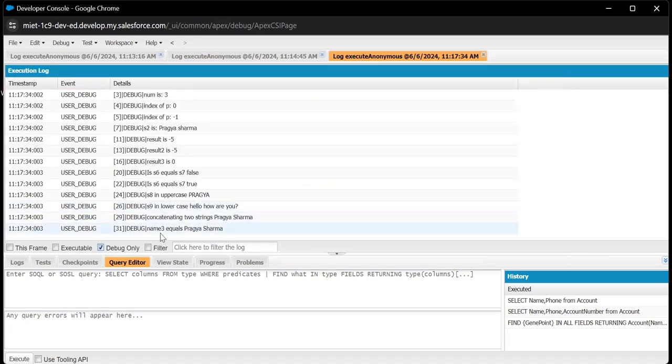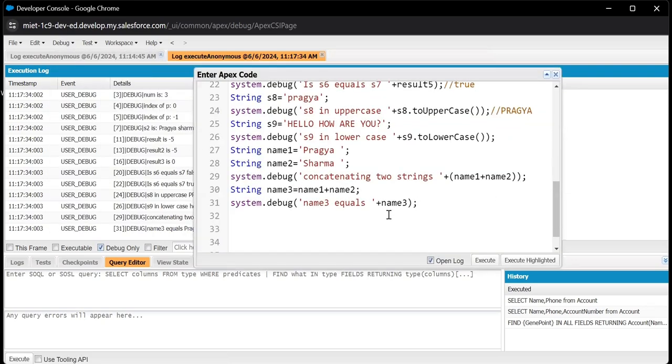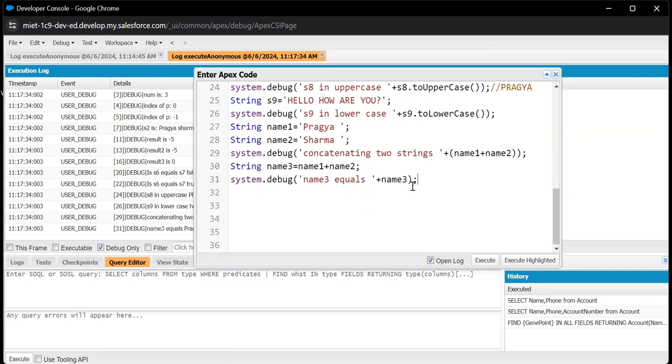Name3 equals Pragya Sharma, and concatenating two strings also results in Pragya Sharma. So it is exactly correct, it concatenates two strings. Now if I put the number 100 here, and here I put the number 50, and I get rid of these spaces, so 150. And now if I say what name3 will be equal to, the output would be